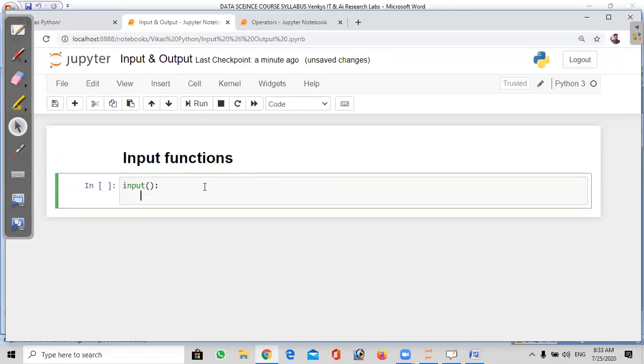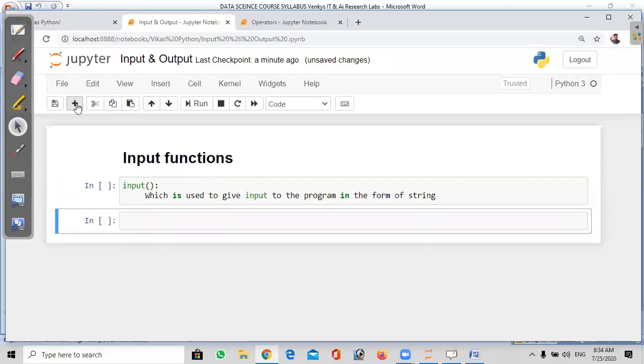It is used to give input to the program in the form of a string.